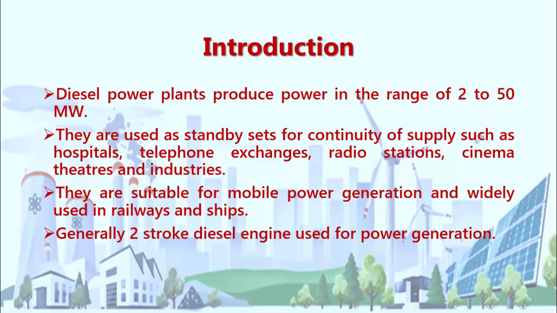From 1 liter of diesel, you can create 3 to 4 units of electricity. You know the price of diesel, and if you produce power from a diesel power plant, then 1 unit cost may be 20 to 30 rupees. Because of this disadvantage, diesel power plants are used only as standby power plants for malls, theaters, hospitals, small industries like that. Okay.